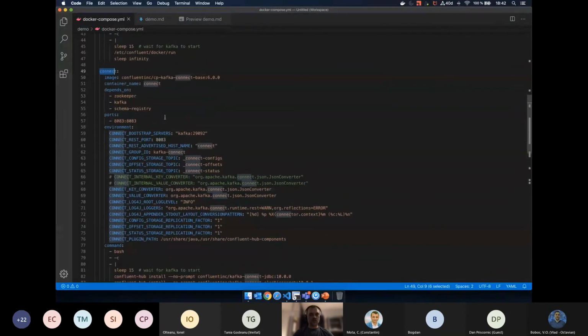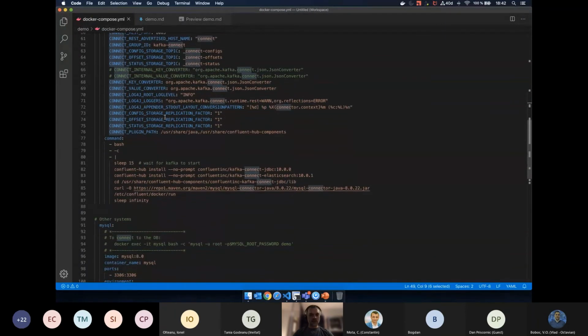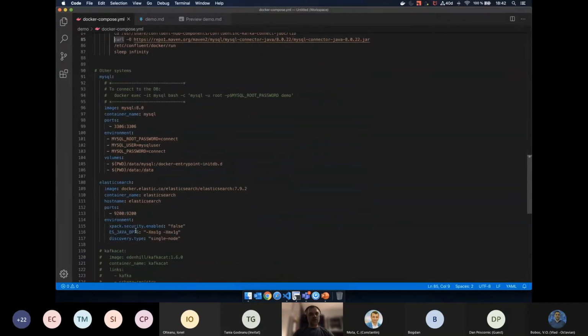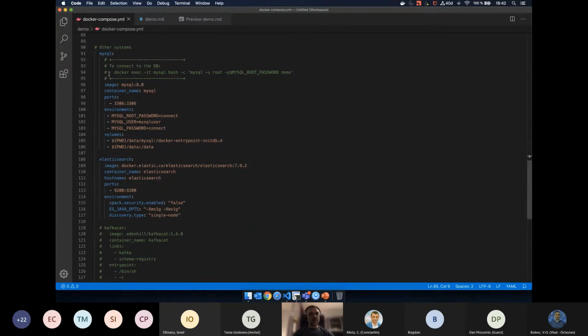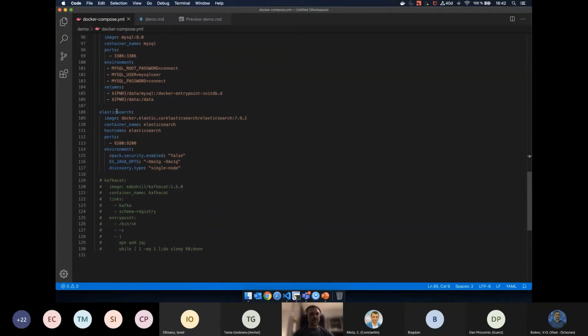In the Docker Compose file, we are installing two connectors, the JDBC connector and Elasticsearch. For the JDBC connector, we also need the JDBC MySQL driver, which is installed. And we also have MySQL and Elasticsearch.